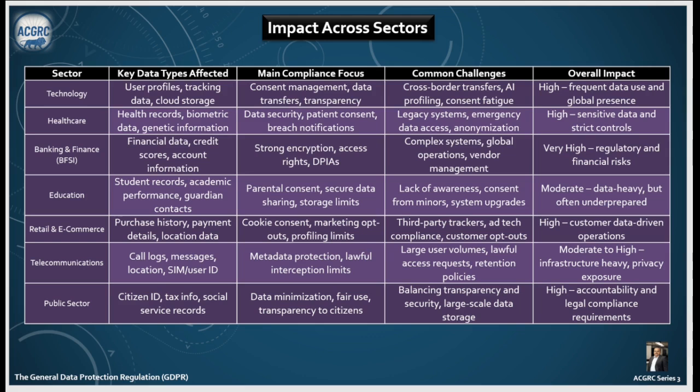Healthcare: the data types affected are health record, biometric data, genetic information. Common challenges are legacy system, emergency data access, and anonymization. Overall impact is high. Banking and financial: data types are financial data, credit score, account information. Common challenges are complex systems, global operations, vendor management. Impact is very high. Education: it's about student record, academic performance, and so on. Major challenges are lack of awareness, consent from minors, system upgrades. Overall impact is moderate,